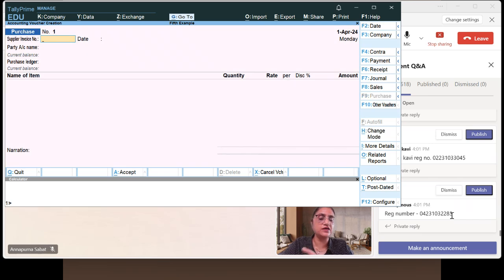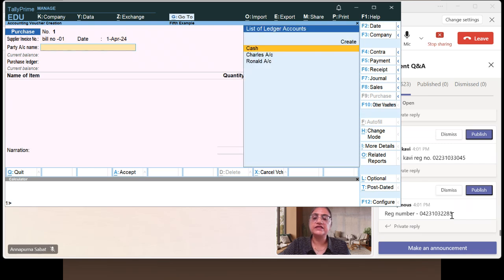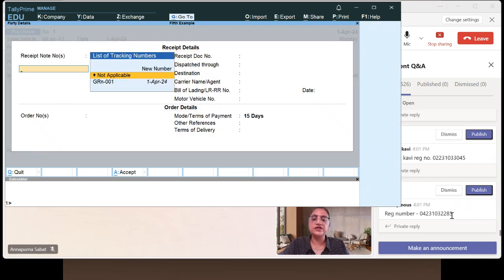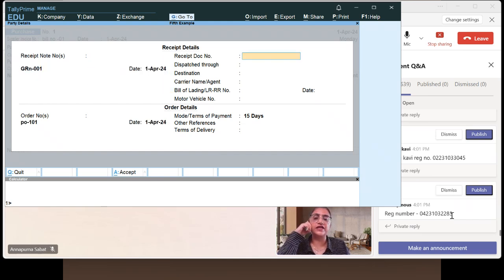By pressing F9. Then again you have to generate one invoice number, bill number 01. Enter. Then the party name, that is Charles. The moment you press enter here, you get the GRN, because you still have the pending bill for GRN-001. So you have to select GRN-001, enter. Then press C. The moment you select GRN-001, it automatically